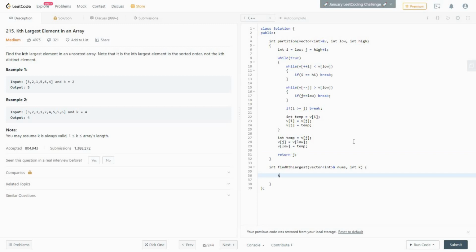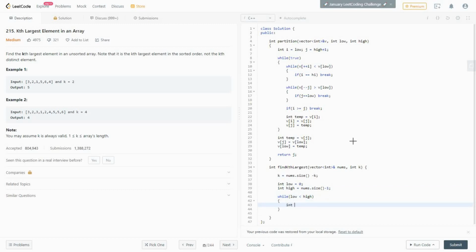Now as I told you in the beginning, k becomes equal to n minus k, that is nums.size minus k, and we have low which is 0 and high which is equal to nums.size minus 1. Now while low is less than high, I need to know the position of the partitioning element.